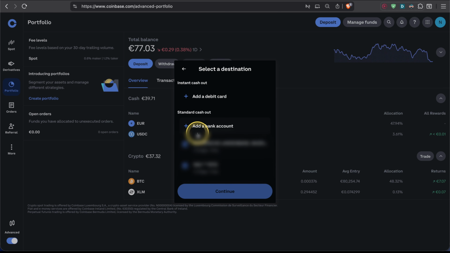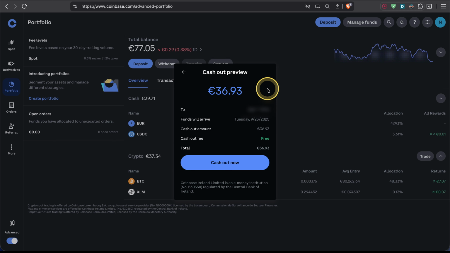And then if you haven't added your bank account, just click on add bank account. Then you will see the bank details where you need to make a small transfer first. So just simply use €1, $1, whatever. And once you've deposited that, your bank account will appear right here, so you can use it for withdrawals as well. In my case, I'm simply going to choose a bank account I've already used so far, click on continue,